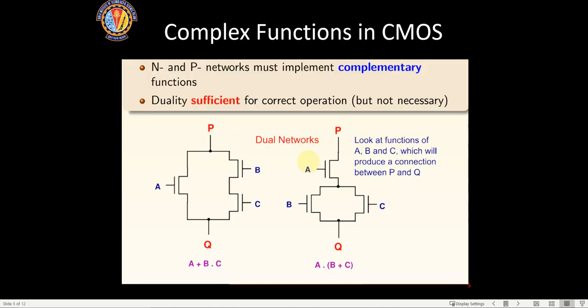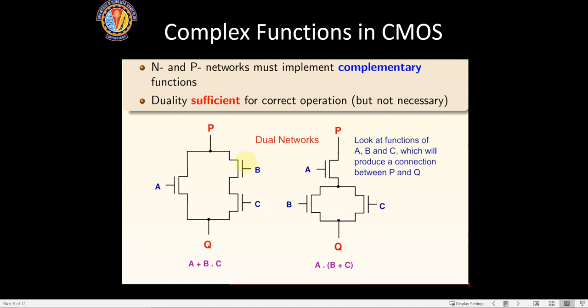Now coming to when we design a circuit, these are known as dual networks. This is known as A or B and C. Why is it known as A or B and C? If you see, these are all NMOS circuits. So if A is high, P will be pulled to 0, right?